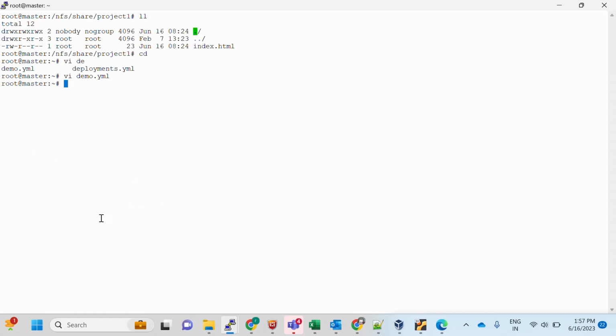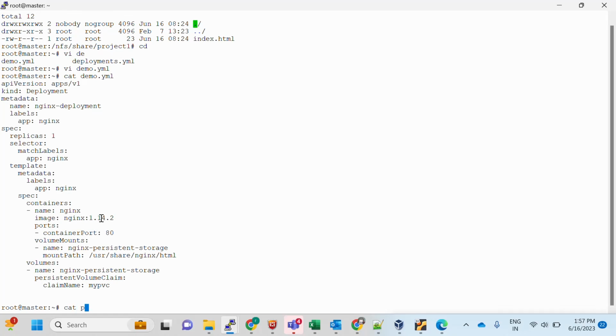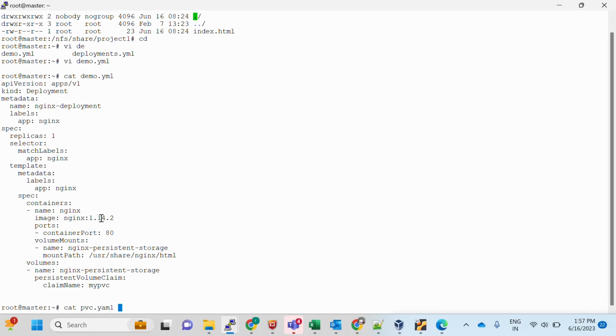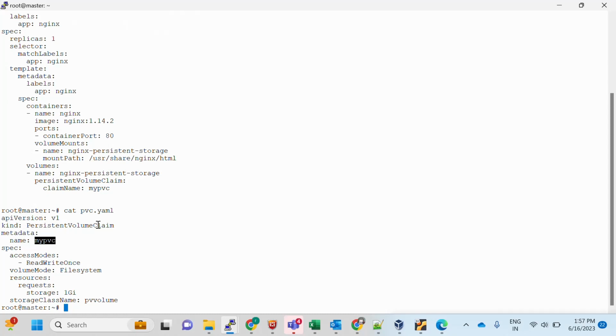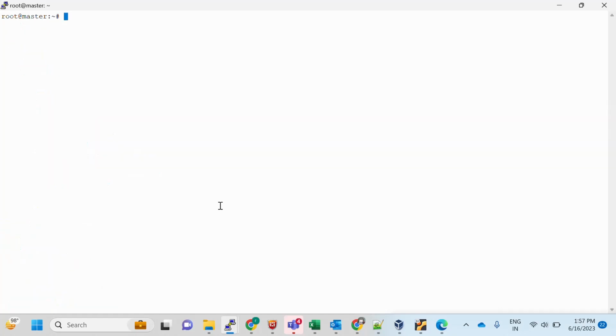I've already shown you, cat the demo. See, and cat pvc.yaml. So this is my persistent volume claim. The same volume name I will give in my deployment page. On the deployment side, the claim name should be your PVC persistent volume claim name. So you can see that this is my persistent volume claim name. The same PVC name I am giving here in my deployment page. So let's deploy